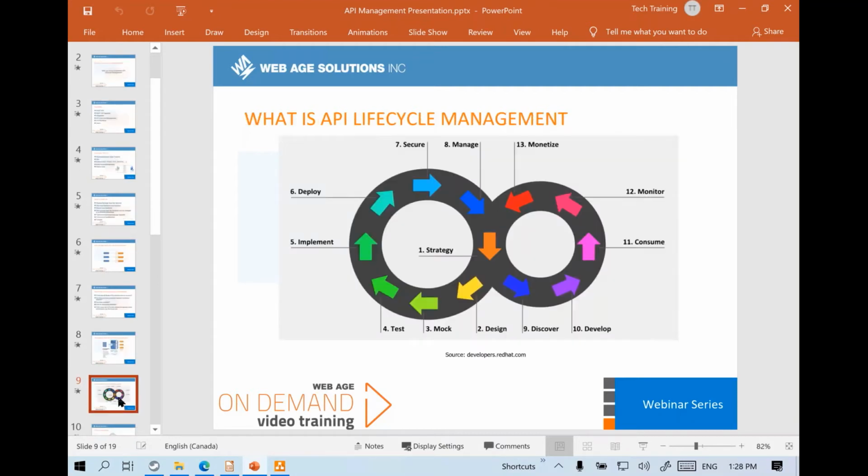So keeping this in mind that APIs are very essential these days. They let us create the interface in between the front end and the back end. So this way they can both connect to each other in a more agnostic manner, technology agnostic manner. Let's cover this in slightly more detail before I show you a demo. So overall API lifecycle management does involve quite a few steps. Here we'll focus on just the important ones. So first of all, we should start off with the strategy.